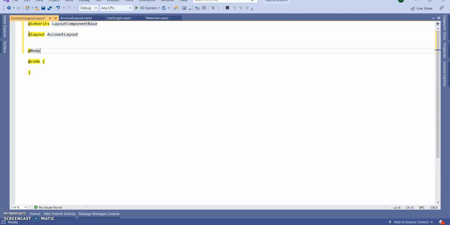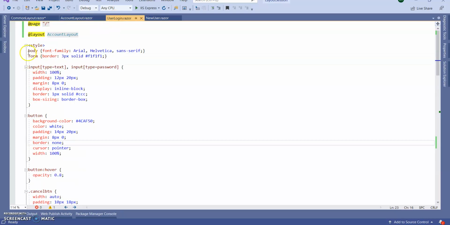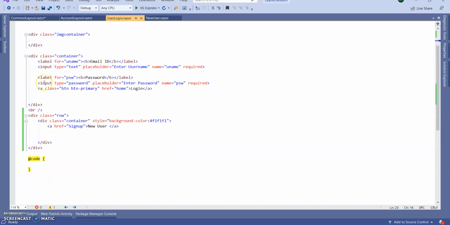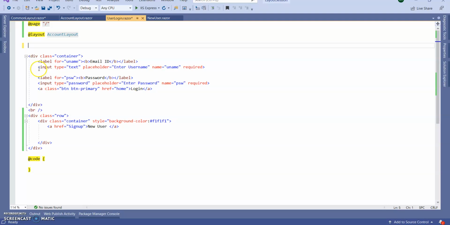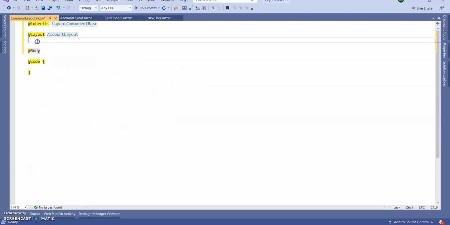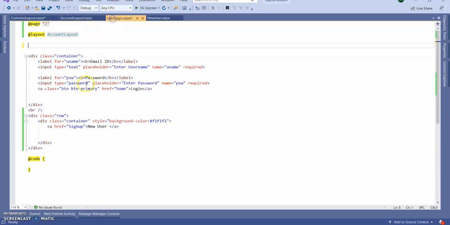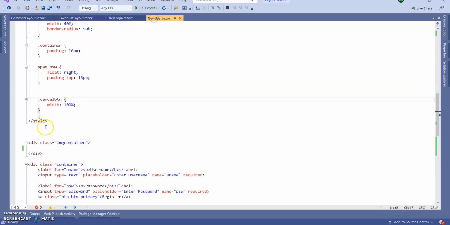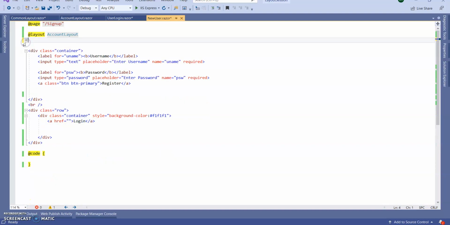In this section we are going to show the body. In the login section, these style sections, this image container, this part I will completely move into our newly created layout. In the new section I don't need it now because these are the repeating parts.